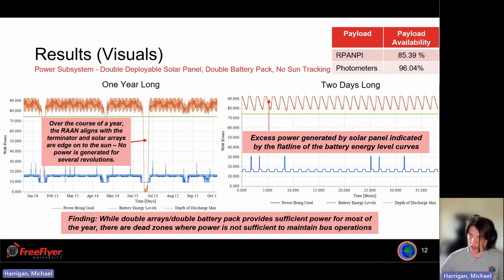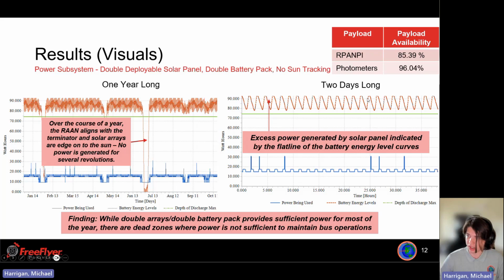You can also see on the right here now, the power usage is a lot more stable because the payloads have significantly more uptime while still having the occasional communication session. We're also staying well above our depth of discharge line when you look in the short term,